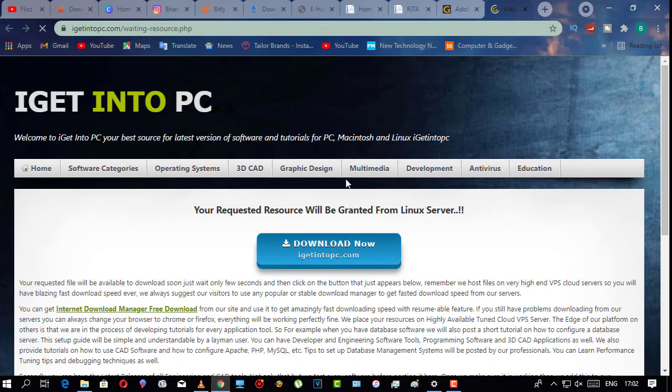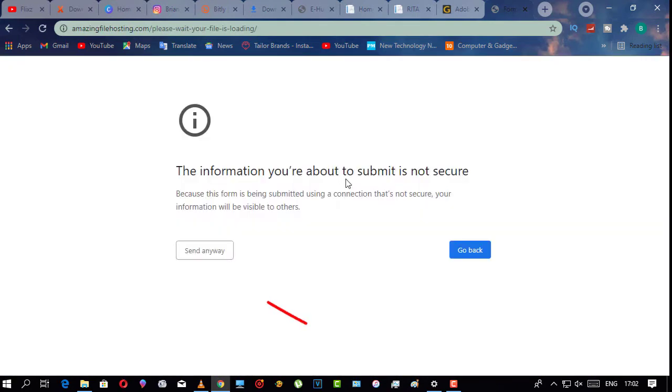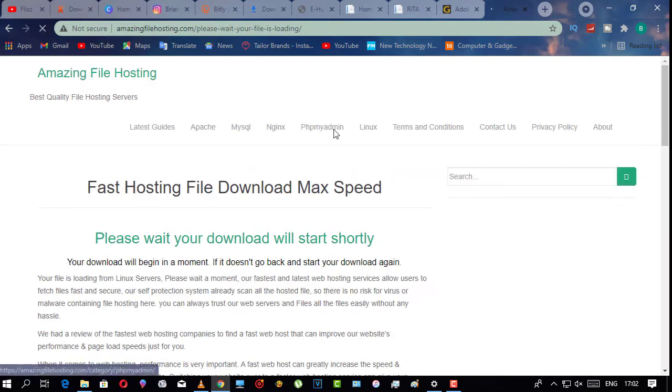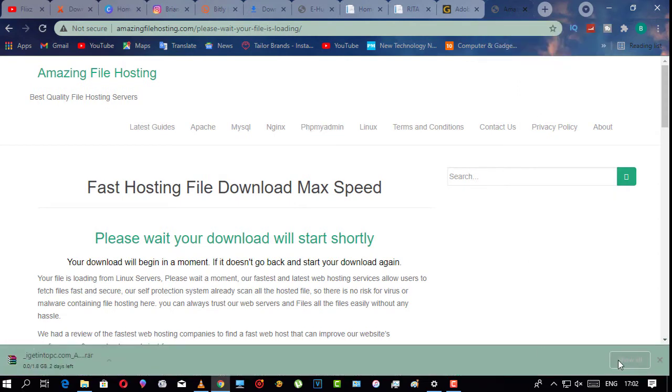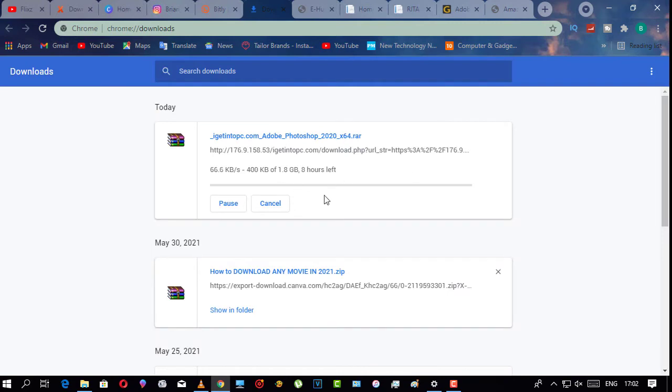After finishing, click the download button that will pop up, to keep on downloading Photoshop. And finally, here your download is. For installing it, all you have to do is extract it and the password will be in the description